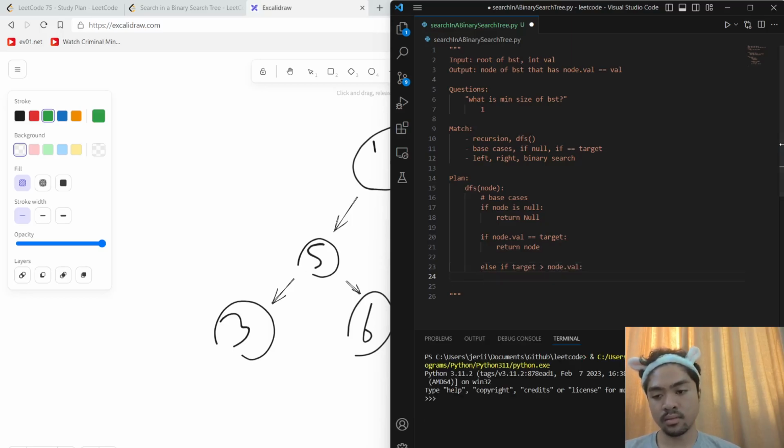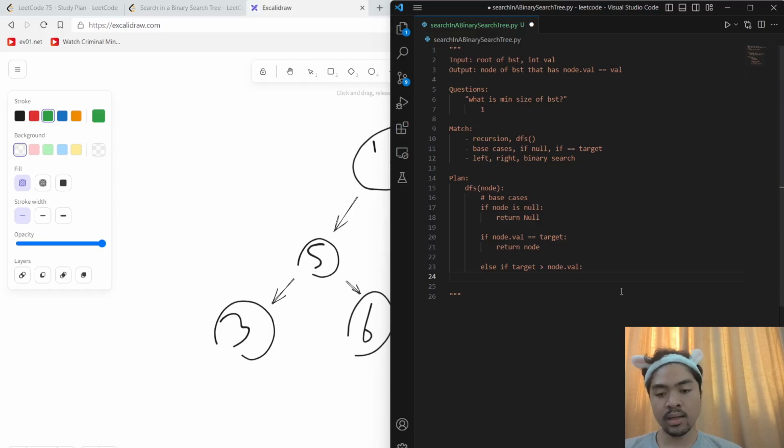Else if target is more than node.val, then that means from the node we have to go right. So DFS right. And else, target is less than node.val, then go left. And then in the end we're going to return. Well, actually,